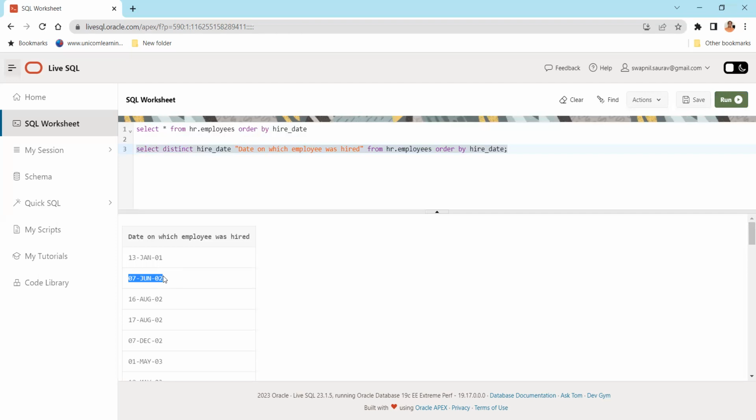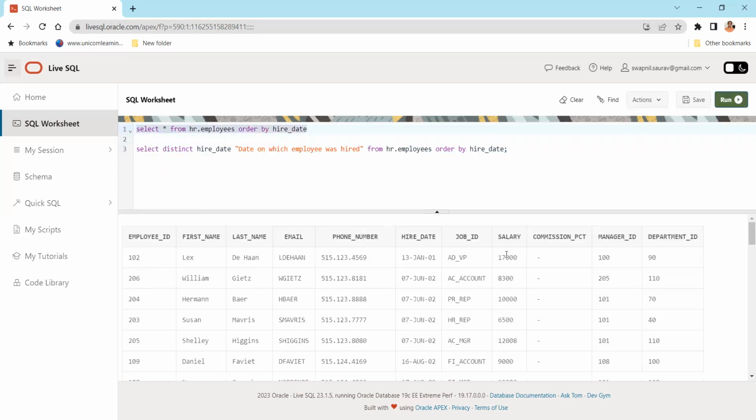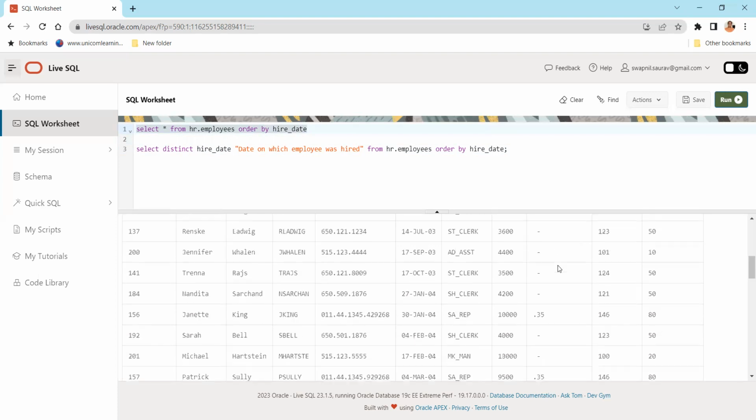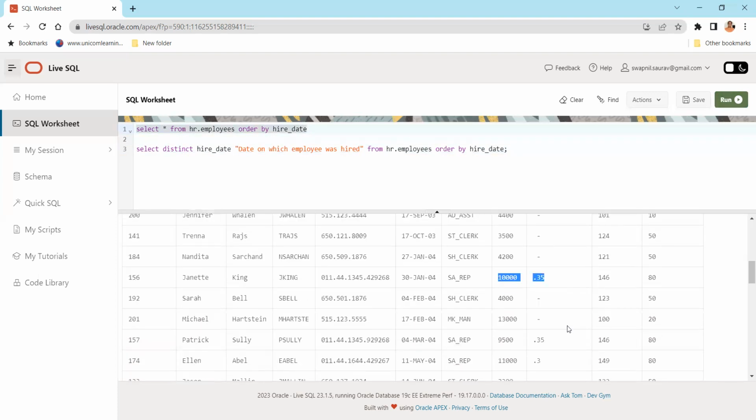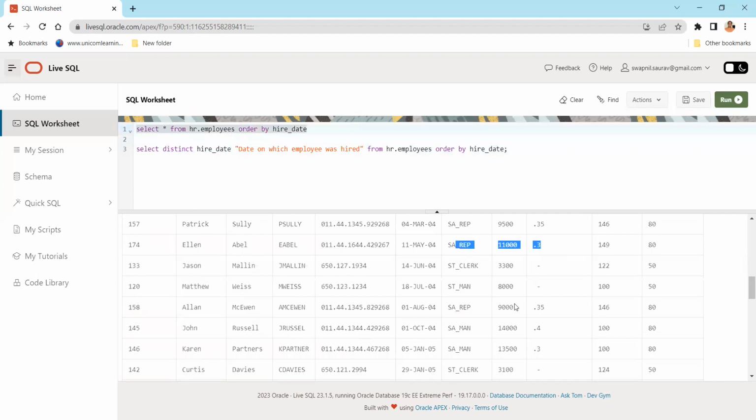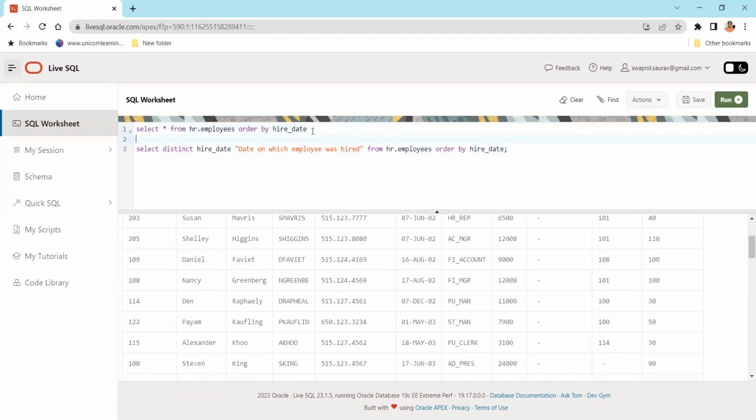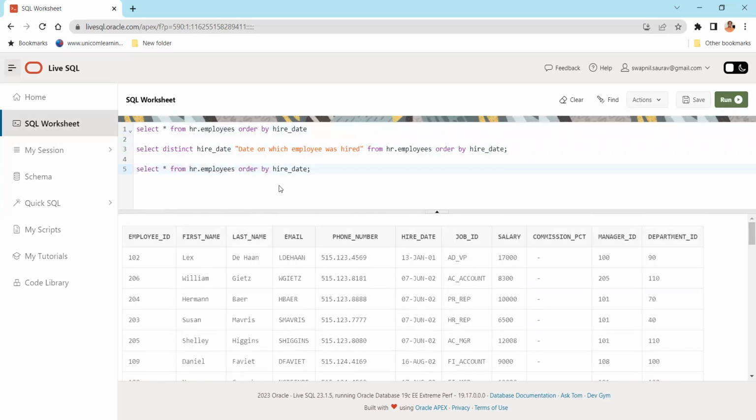Then is null, have we used is null? No, sir. So let's see that one also. Now see, here only one column has null values, commission percentage. I want to see where commission percentage is null. Now you see there were some values where it is not null also. I can say is not null or is null. So I want, select star from HR.employees, where